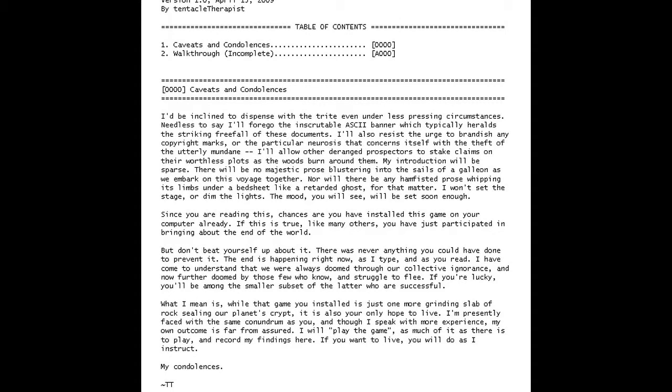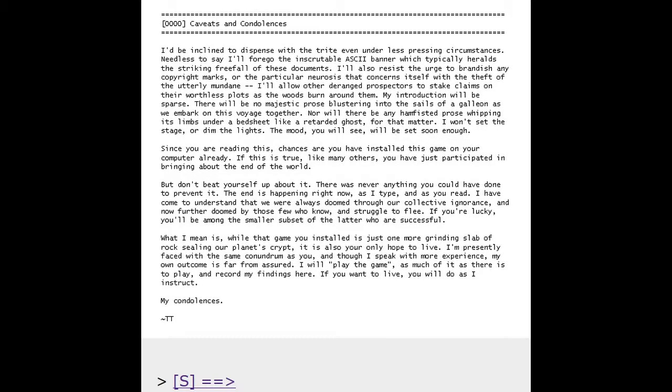Table of contents. 1. Caveats and condolences. 2. Walkthrough. Incomplete. Caveats and condolences. I'd be inclined to dispense with the try it, even under less pressing circumstances. Needless to say, I'll forego the inscrutable ASCII banner which typically heralds a striking freefall of these documents. I'll also resist the urge to brandish any copyright marks or the particular neuroses that concerns itself with the theft of the utterly mundane. I'll allow other deranged prospectors to stake claims on their worthless plots as the woods burn